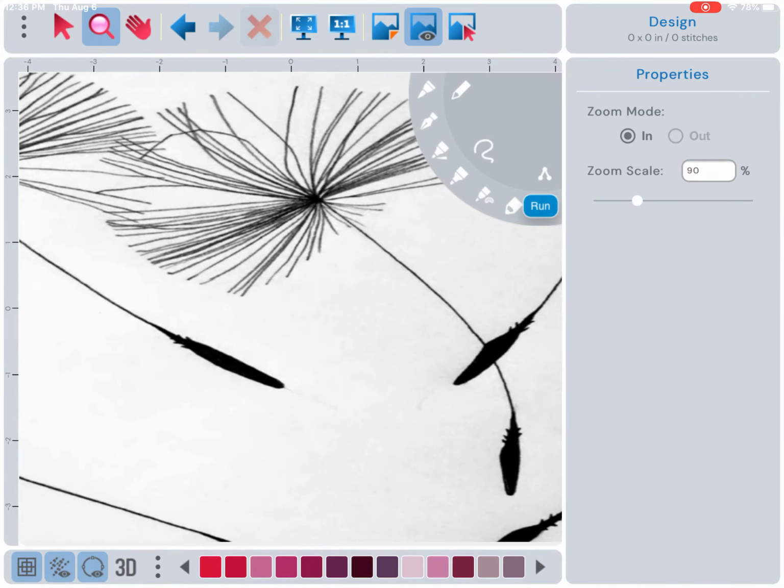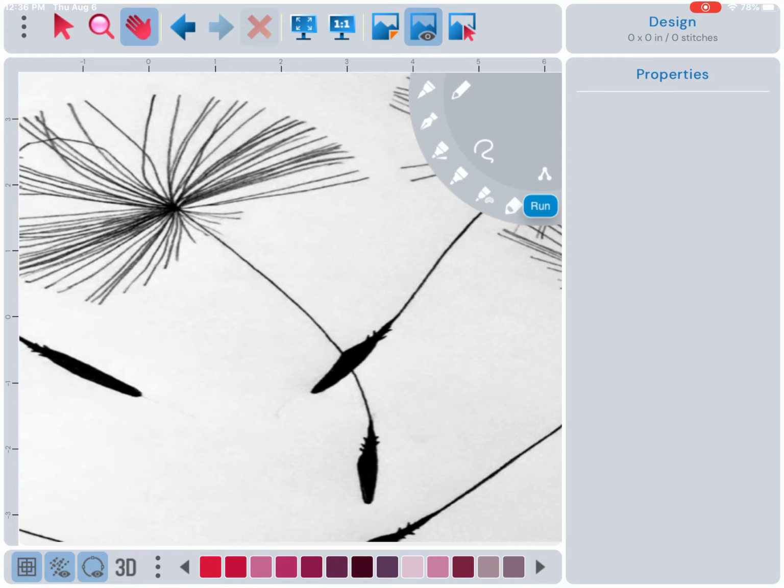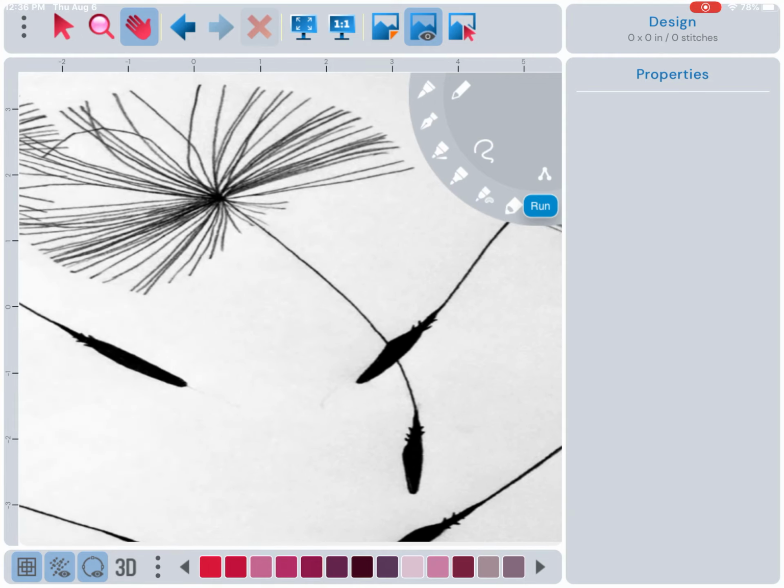So I'm going to move over the screen just a tiny bit with my panning tool, and then choose the run stitch option, choose the color red, and start sketching. And from here,